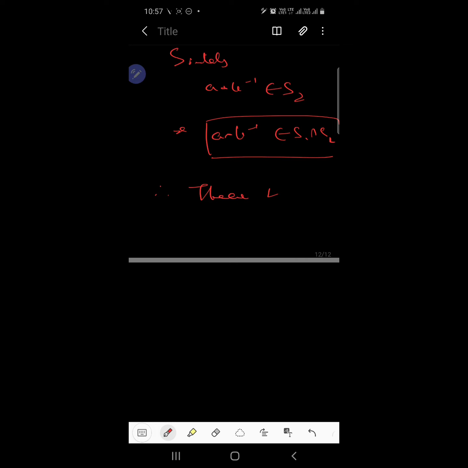Now what did theorem 4 say? Theorem 4 said that the necessary and sufficient condition for S to be a subgroup of G under the binary operation star is that if A belongs to S and B belongs to S, then A star B inverse belongs to S, and that particular thing is obeyed. So we can say that S1 intersecting S2 is a subgroup of G when S1 and S2 are individually subgroups of G star. So theorem 4 is proved.